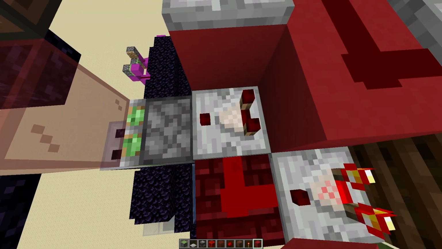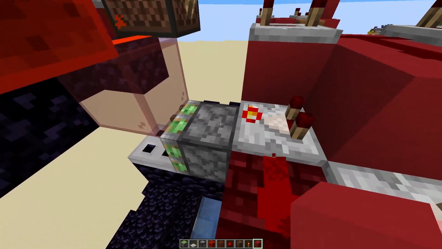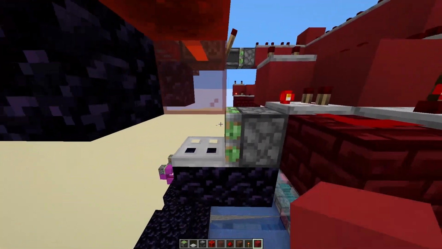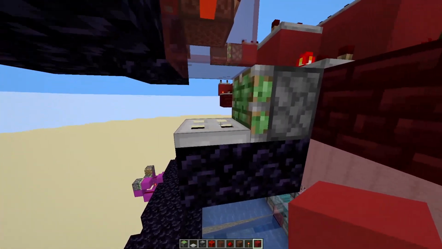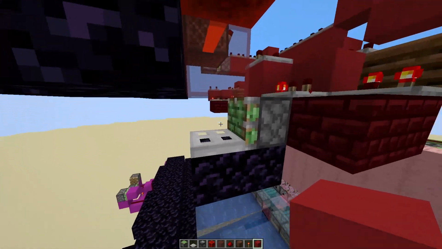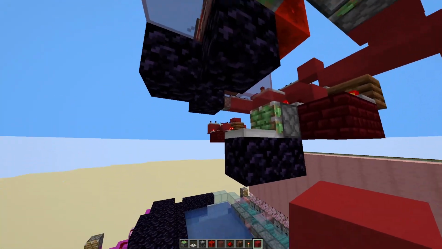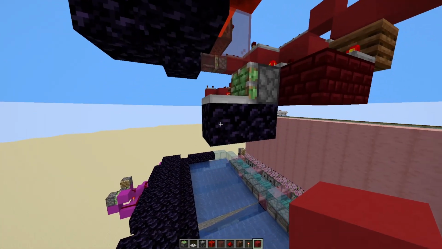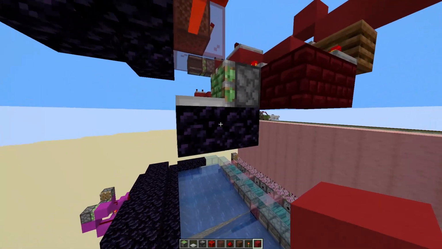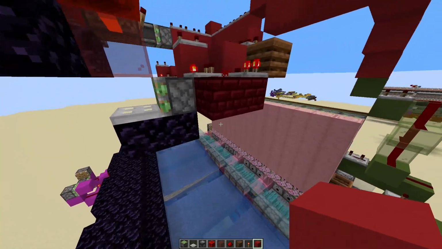This comparator has to be on subtract mode, as you can see, and it's gonna be fitting into an air gap with a sticky piston here below facing that way, and a trapdoor on its face. Notice how the trapdoor is on the bottom. That's because that way we can hold the TNT at the right height. And below the trapdoor and the piston, we're gonna place 2 obsidian blocks so that they don't get blown up